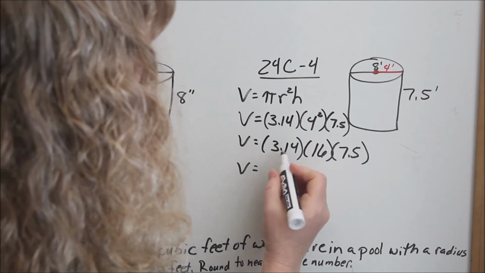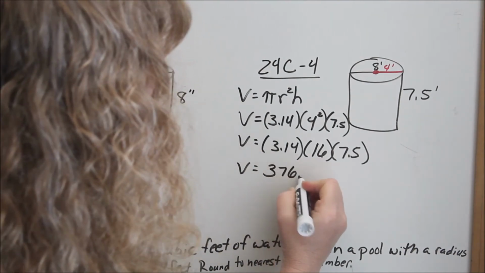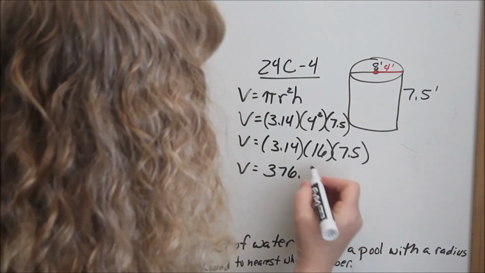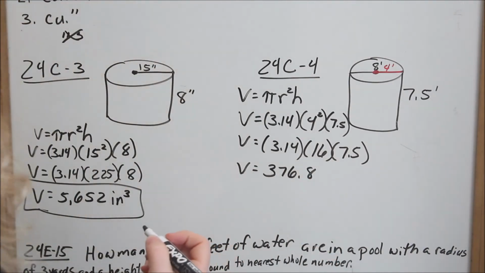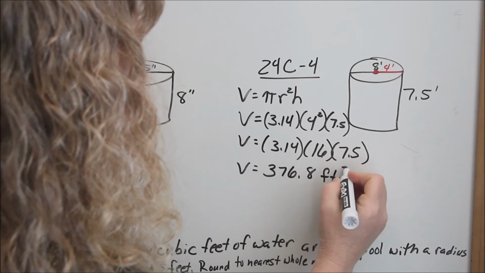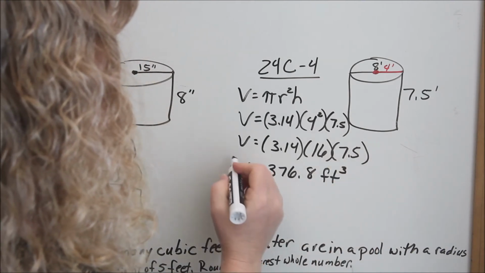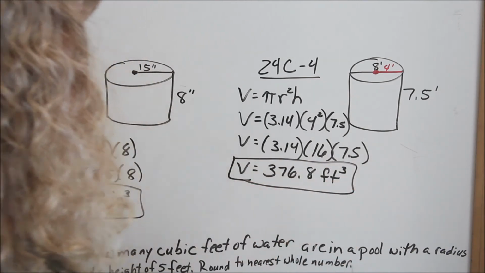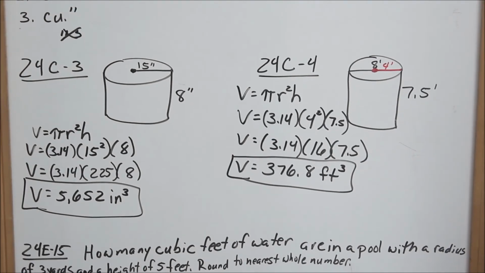You might not always get a whole number. 376.8. And then put in your units. Do not forget your units. This one was feet, so that was feet cubed or cubic feet. Volume is always, always in cubic units. All right, look at number